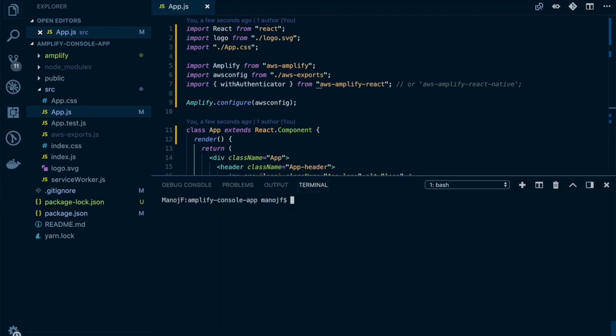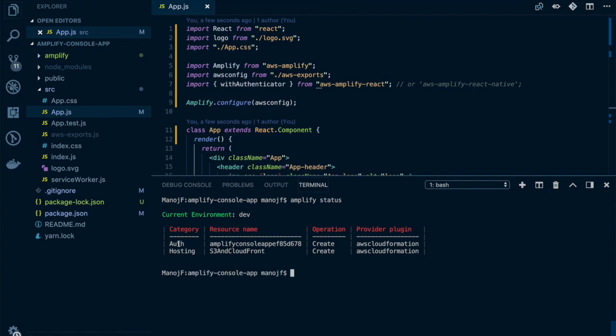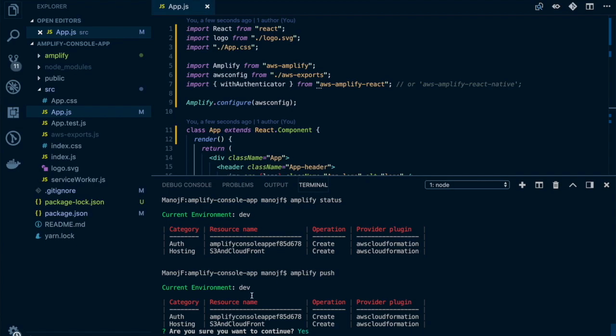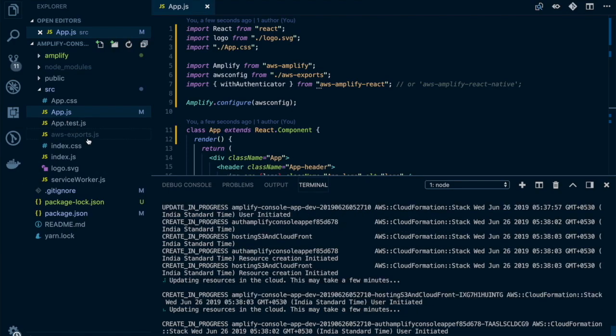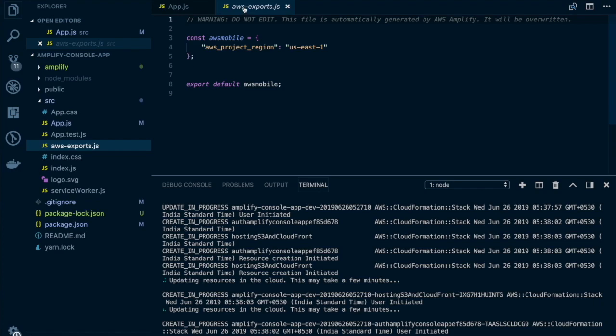So let's push our changes to cloud. If I just check amplify status, I will see auth and hosting are now created. So I can use amplify push to push our changes to cloud. Hit yes. Once the changes are deployed to cloud, you will see the aws-exports file in the source folder will